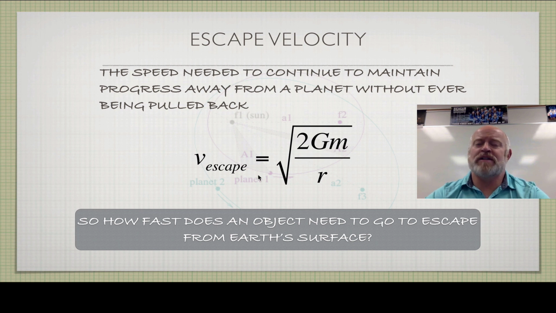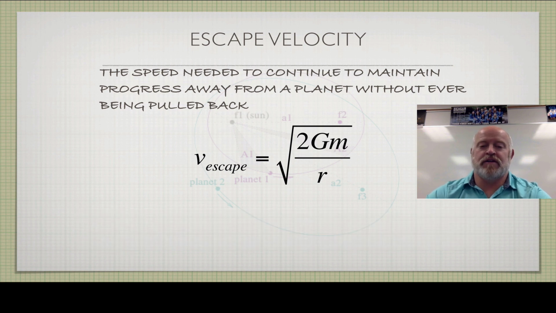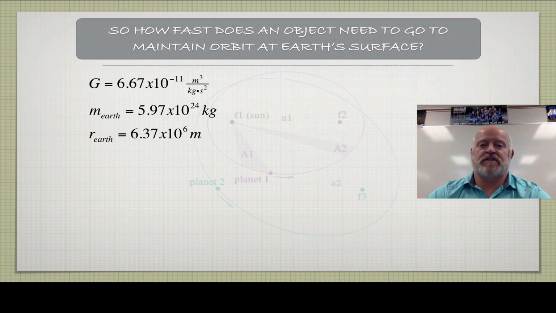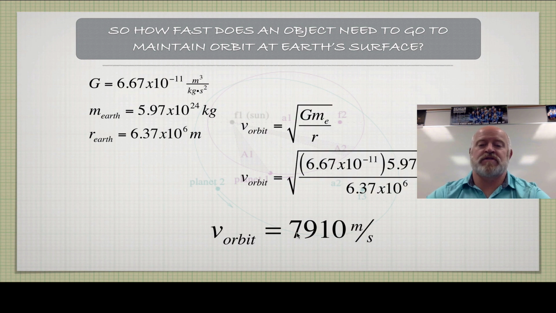there's not a whole lot different about this. The only difference is the 2 factor here, okay? Now be careful with this because a lot of times students will look at this and say, oh, it's just double, right? I go back here and I take my orbital velocity and I just double it. So if it was 7,910, I double that and it'd be like 15,820 or something like that. That's not true, okay?